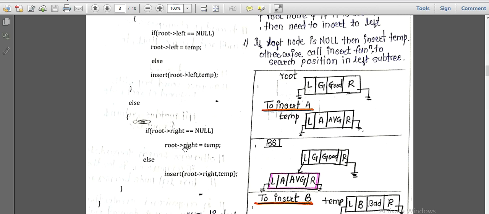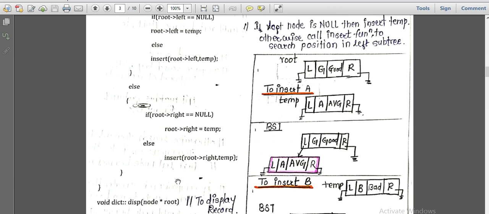So temp will be the root's right. But if this condition is false, meaning the right child for that root is already available, then make that child the root node now, and again apply the same insert function over there. So here we are recursively calling the same function on the right of that tree. So this is what exactly the insert function is.